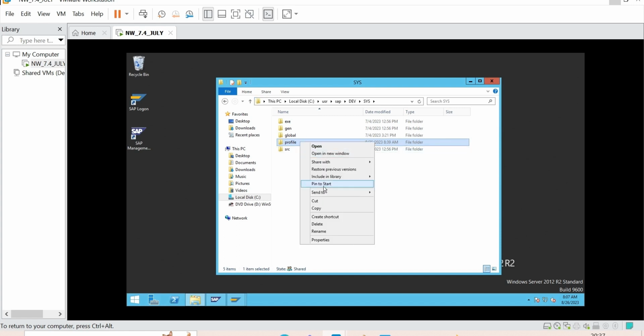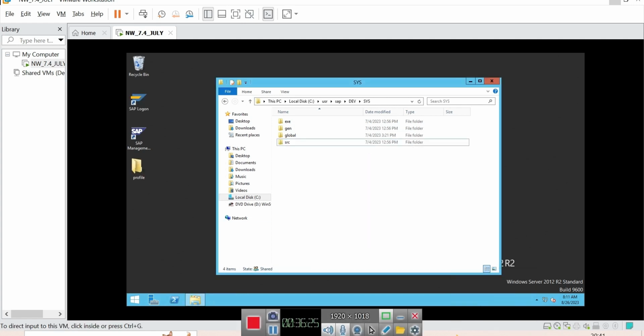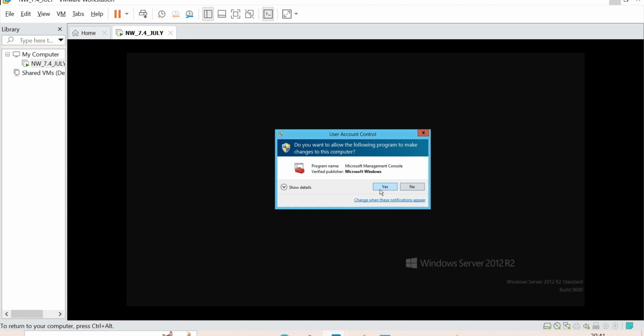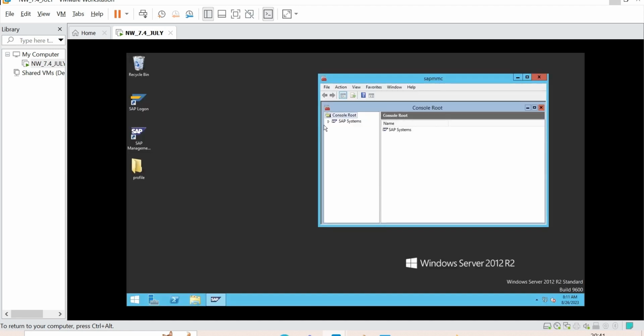What I do, I'll cut these profiles from here and paste them on the desktop. Now I removed my profiles from the usr sap SID sys directory. I am saying when you start your SAP system, it reads your profile directory. According to those profile parameters, it configures your system. So how to start SAP? By using which tool do I start? SAP MMC, SAP Management Console, Microsoft Management Console on Windows. Right? Open.